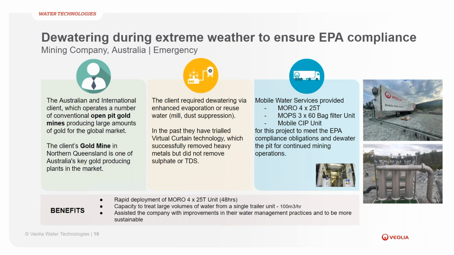They have trialed virtual curtain technology in the past, which successfully removed some of the heavy metals, but did not remove the sulfate or the TDS. On this occasion, Mobile Water Services provided a mobile 4x25 trailer unit, which you will see in the photo to the right. We also supplied a 3x60 bag filter unit to protect the front end of the RO unit, and a mobile CIP unit for this project to meet the EPA compliance obligations and to dewater the pit for the